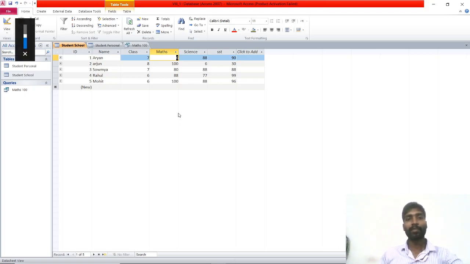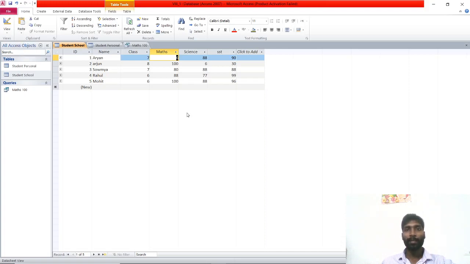Now I am going to create one more new query. What is that query? I am going to make one query in which I want those who have taken 100 marks and also those who have taken less than 10 marks. See, Aryan, how many marks did he take? 6 marks, correct? In mathematics. So I am going to apply two conditions. Two conditions means what? Multiple criteria. I told you, if you mention two or more conditions it is called multiple criteria. If you mention only one, it is called simple criteria.